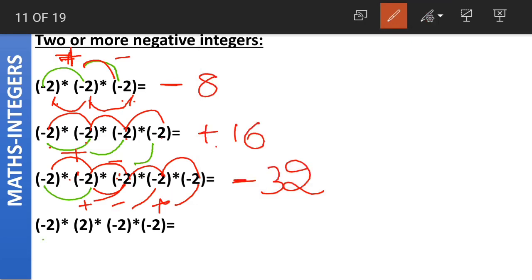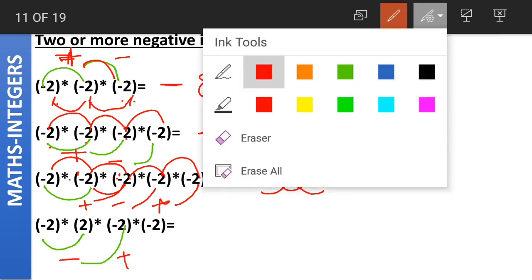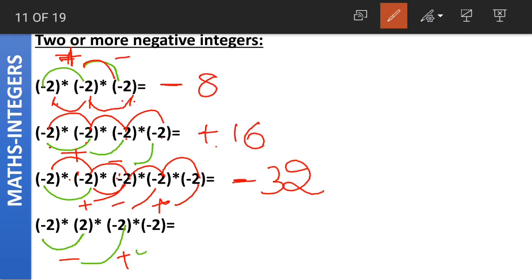And coming to the last one, minus into plus gives us what? Both the signs are different. So the answer will be negative. Again minus into minus, both the signs are same, so the answer will be positive. The last one, plus into minus, the final result, what will it have? Plus into minus means both the signs are different, so the final answer will have a negative sign. Coming to the absolute values, 2 2s are 4, 4 2s are 8, 8 2s are 16.